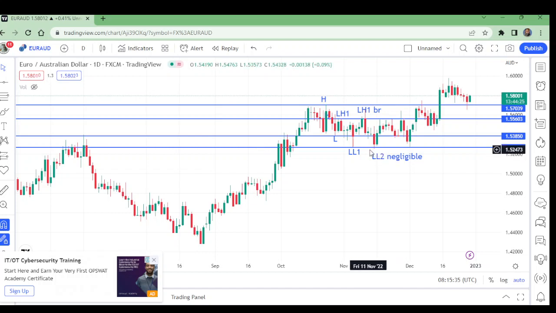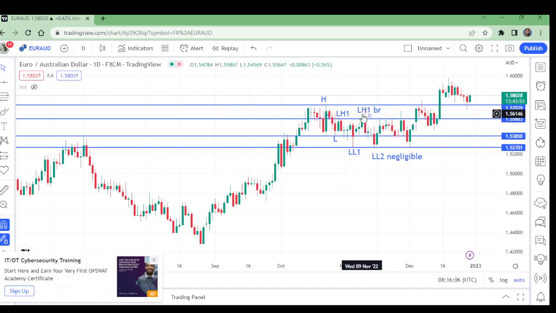but it was negligible, very small. Now if you have seen my previous videos, in most of them I have been saying every time that when there is a 1 or 2 pip breakout, it is a breakout. So why is this lower low 2 negligible here? The reason is